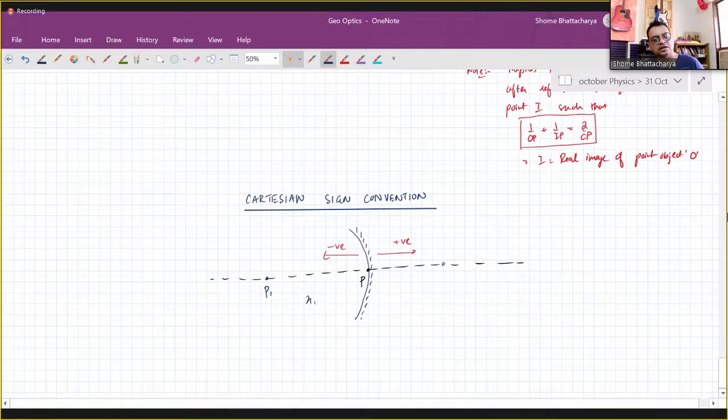So in Cartesian sign convention, the position of the point P1 will be written as minus x1, and the position of any point P2 on this side will be written as plus x2, like this. So coming back to the above diagram with Cartesian sign convention,